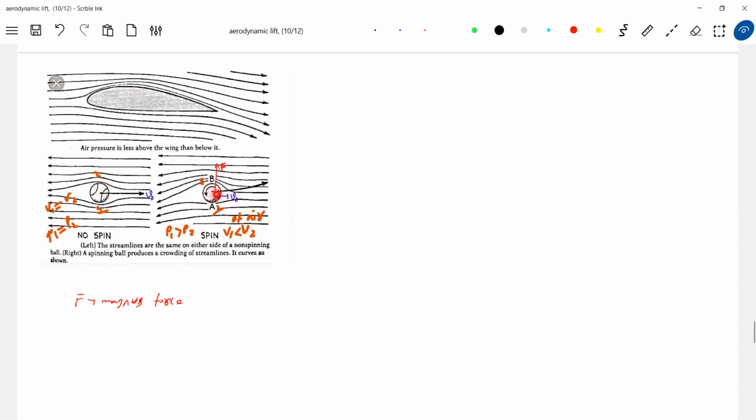Now the same ball, if it is moving and also spinning, then the Magnus effect will come into the picture, because the air here will be retarded more, velocity decreases. This volume of air was having energy E naught. When it comes here, it will have the same energy E naught, but the kinetic energy decreases. That should be converted into an increase in pressure energy. So therefore, pressure at this point will be more than at this one. Because of that, a Magnus force will act, along with the velocity. So the trajectory of the ball will be like this.